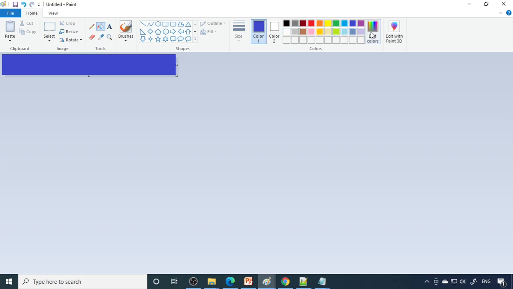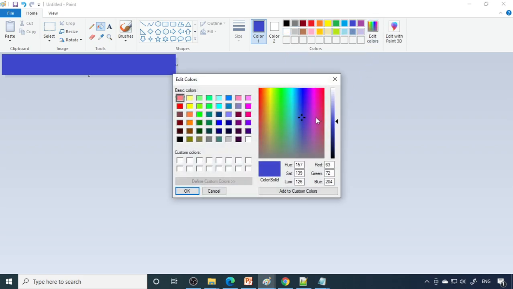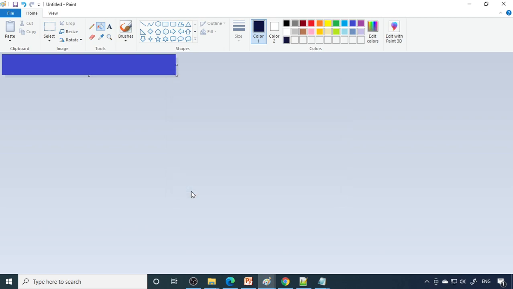So what you can do is go to edit color. You can see this is a color palette. Scroll down here, and you can see that you get darker and darker colors. Select which color you want, and then you can say add to custom colors. When you click OK, you have a dark color now. So now fill the color, and you get the dark color.